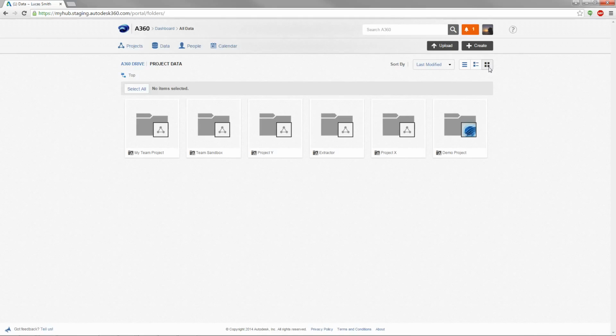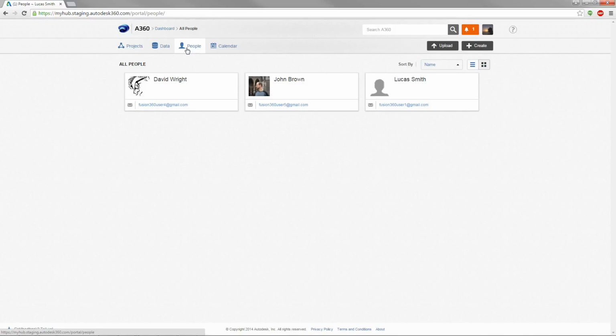Keep in mind that even though Fusion 360 is a cloud-based data management solution, you can work in offline mode when you have limited or no internet access. And when an internet connection becomes available, your data will automatically sync to the cloud without disrupting your work. Moving on, the People tab allows you to view all members in your Team Hub. Here, you can view all users in your projects, invite new users, and access hub-level administration tools to control member